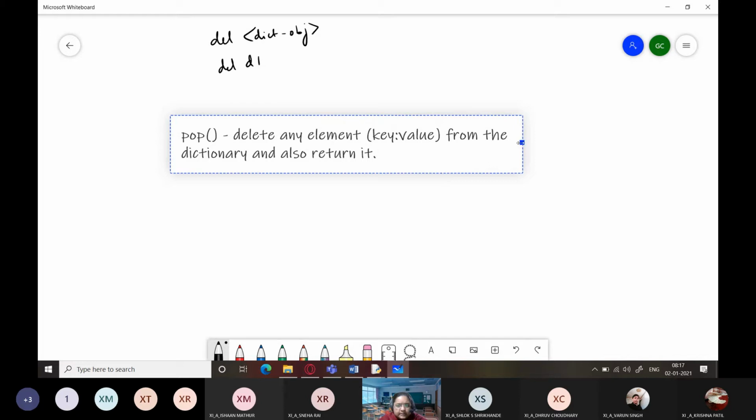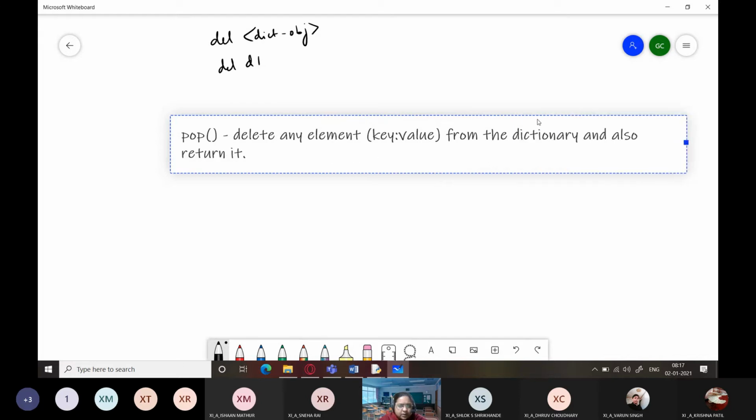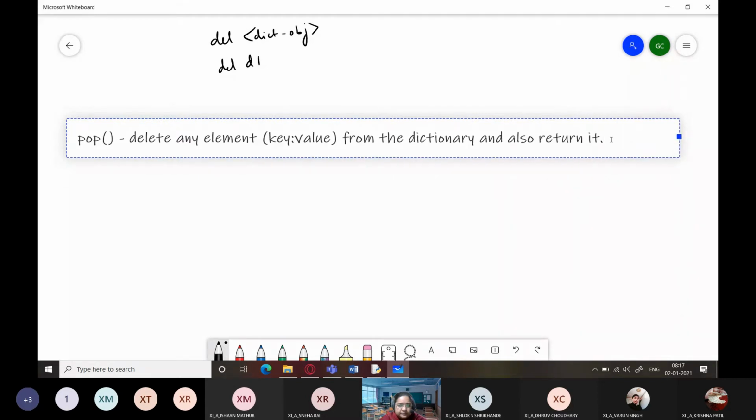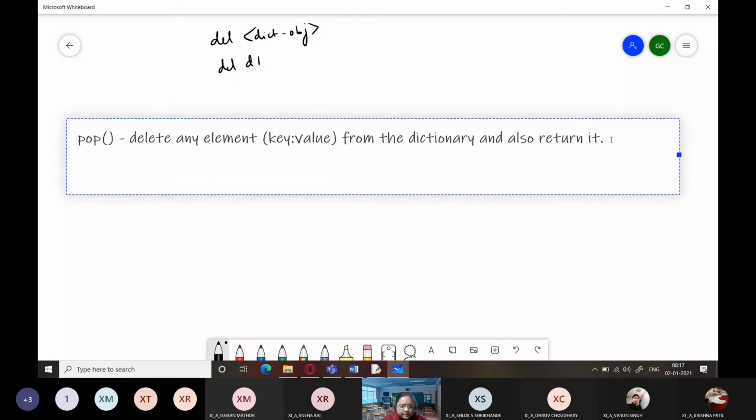It will not only delete the element from the dictionary, but it will also return that key. Got it? So how do we use this? We use it in this way: dictionary object dot pop.